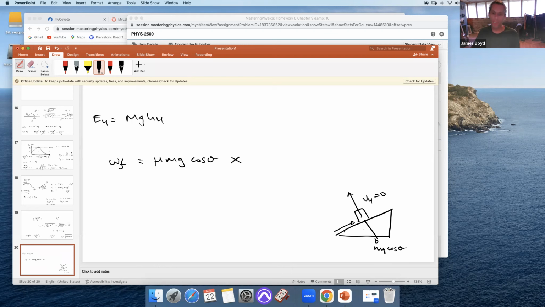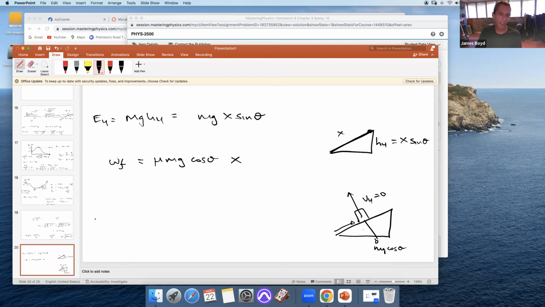However, if I want to find how far up that is, if this is h4, then the distance that you slid up, h4 is x times sine theta, or we can just change this to mgx sine theta. The reason we're going to do that is you'll see that we need things in